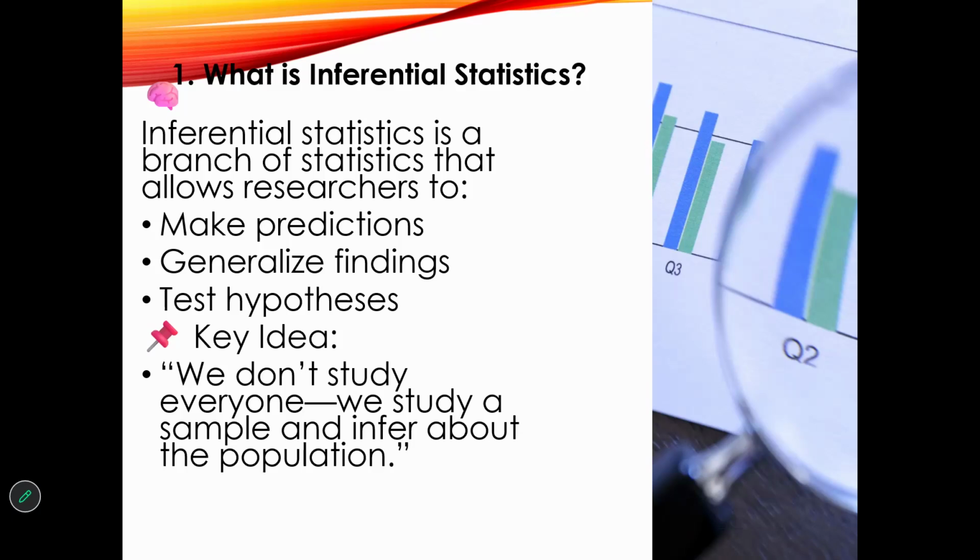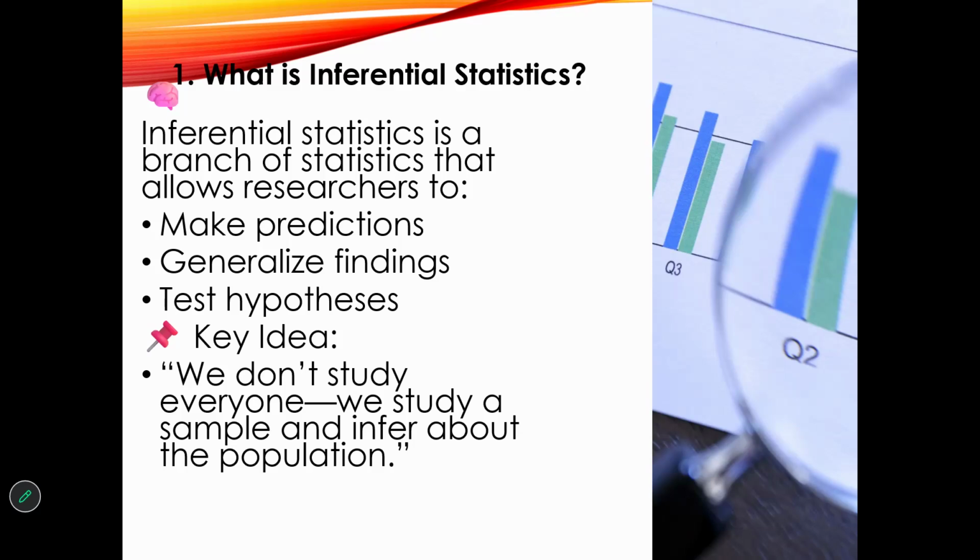We just study the sample and infer about the population. So in your studies, where you develop a project, you don't need to survey the whole population. We need to only compute for the samples of your population, and only the computed number of samples will be